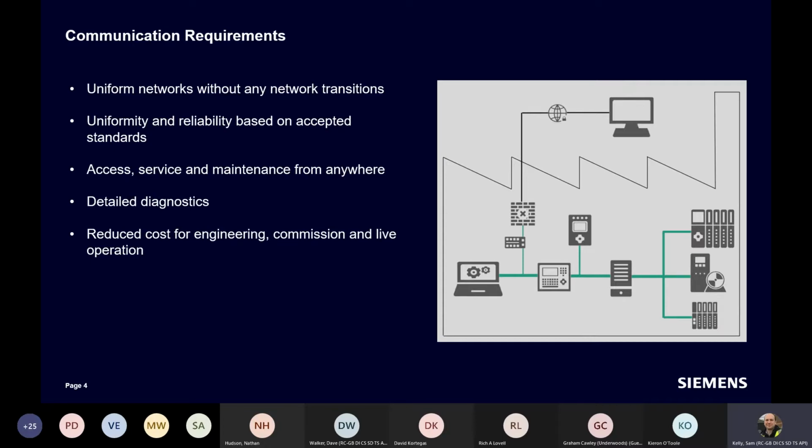When we like to have an industrial communications network, we don't necessarily want to be transitioning between Profibus, ASI, and then ultimately Ethernet when we're going to be talking on our laptops to our devices, or indeed to higher level SCADA systems. So we'd like to have one networking